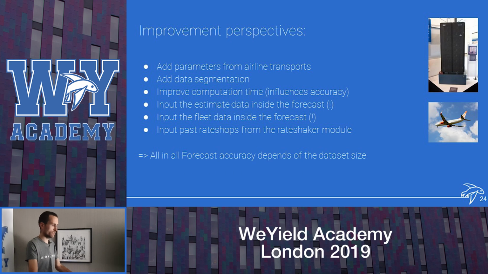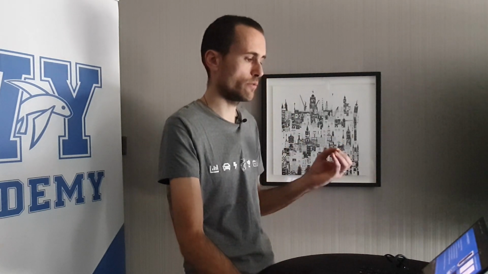One of the things I'm researching is trying to mix the two worlds, our two estimators, the estimate data, and try to feed it into the forecast. Why not? Why not use the estimate, which already gives an accurate prediction of the future, and try to mix it with the forecast? So I have some interesting results, but anytime we begin to input into the forecast actual